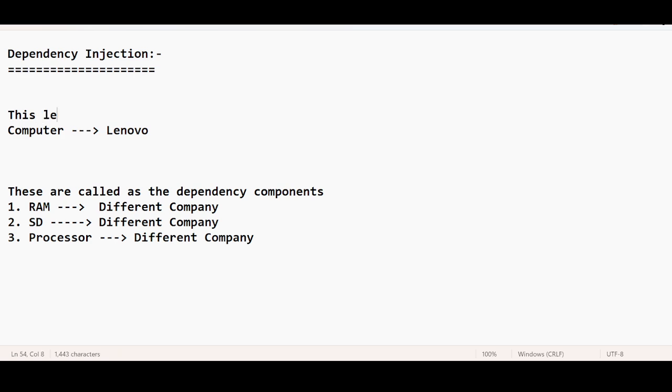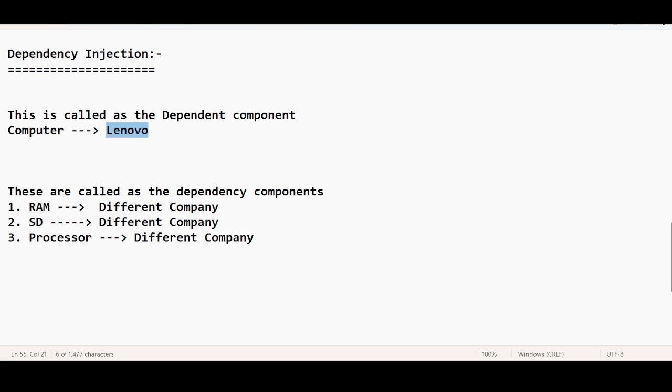This Lenovo computer is called the dependent component. So in order for your laptop, this Lenovo, to function properly, internally